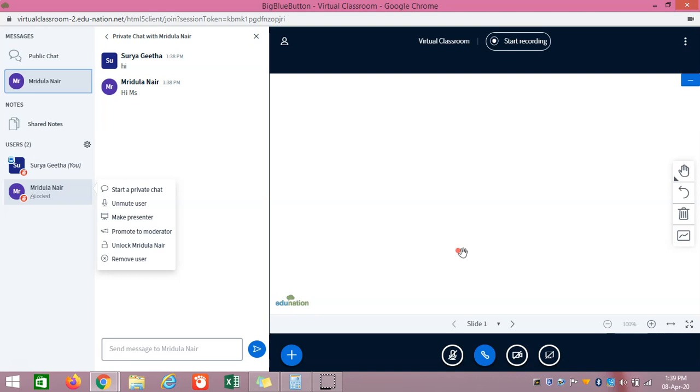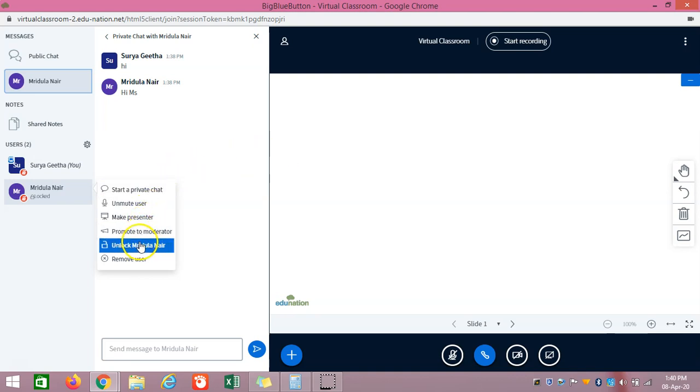But the thing about moderator is that if you make someone a moderator, they will get an option to convert themselves into a presenter. They can choose it, and then they themselves can become a presenter. If they become presenter, again it will be the same, we cannot make them a viewer again, and they will get all the authorities. The students can do all the things that the teacher is doing. They get the same screen, and they can do all the options that the teacher can do. So I don't prefer to give this much to the students.